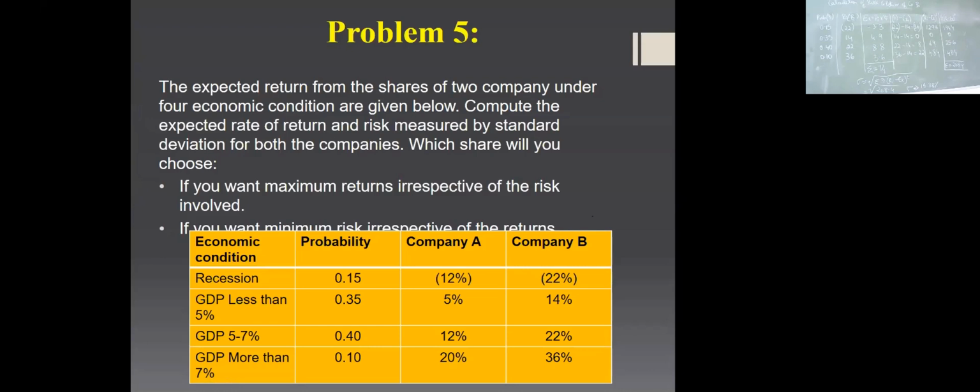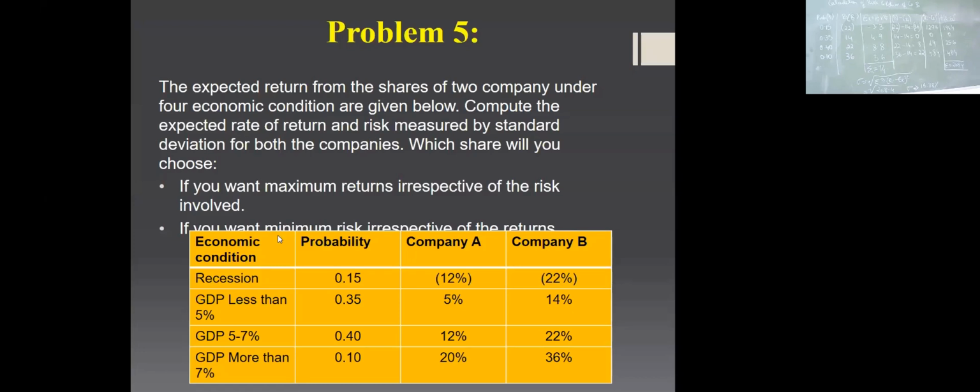Though the risk is very high in company B, the first criterion is an investor who is not bothered about risk, but only concerned about return. Because in financial management or portfolio management, it is always considered that the higher the risk, the higher the returns. So if you take only return as a parameter, you would select company B. For the first question, you would write that as an investor concerned about returns, we would select company B when compared to company A as the returns are higher.